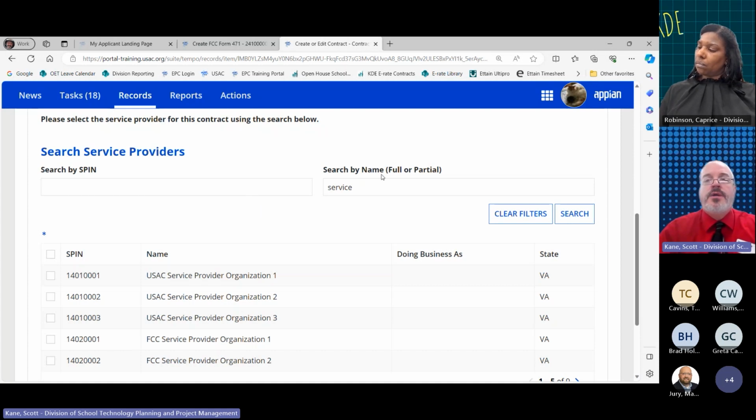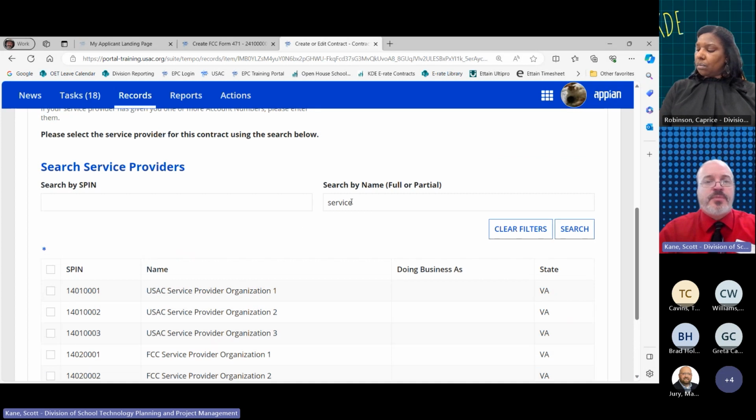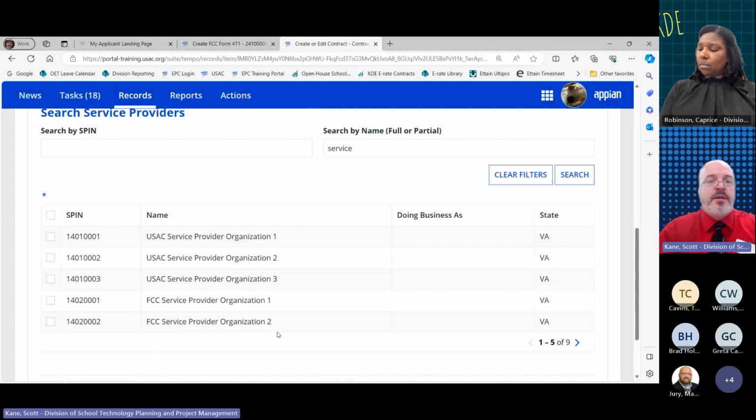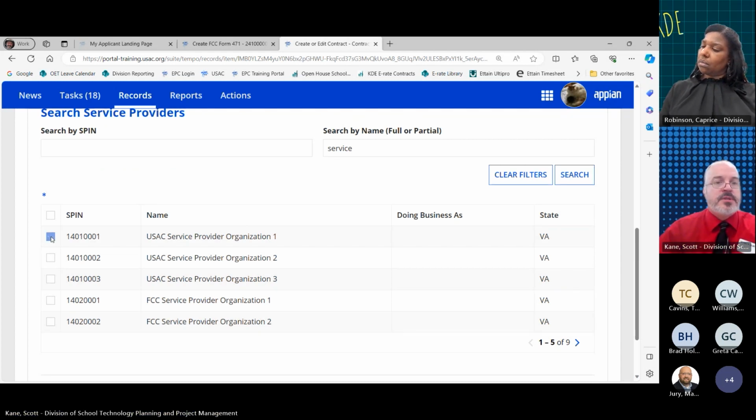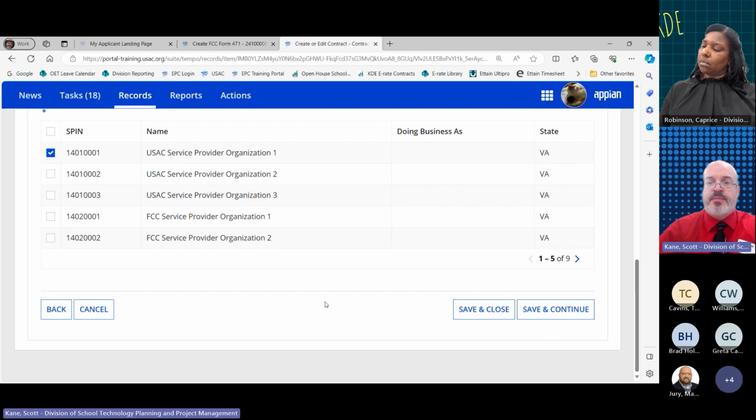Should just be one. You can also search by name or a partial part of the name. You can see I searched by service, and it brought up a number of different options. You'd select the one that matches. I'm just going to select the first one, and then save and continue.